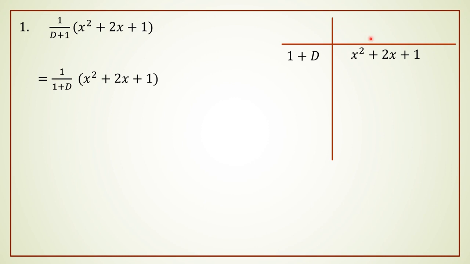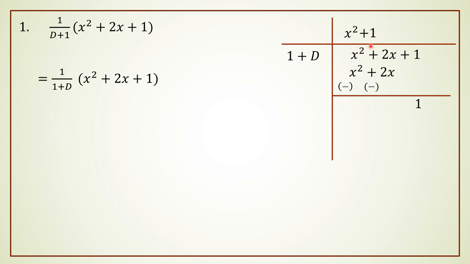So what should be the term in the quotient so as to get x square here? The first term in the quotient should be x square, isn't it? So that 1 into x square is x square. D of x square is nothing but differentiation of x square, that is 2x. Change the sign so they cancel and the only term that remains is 1. So what should be the next term in the quotient? So as to get the value 1, the next term in the quotient should be plus 1, isn't it?